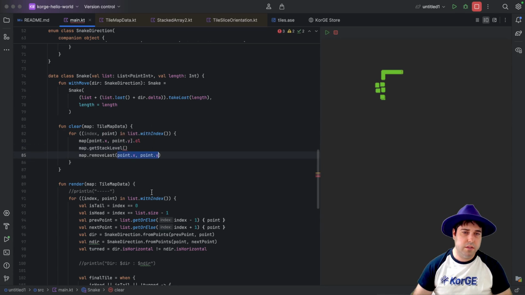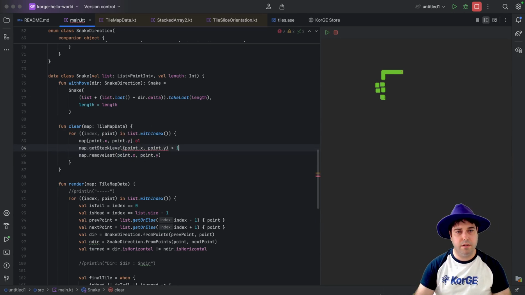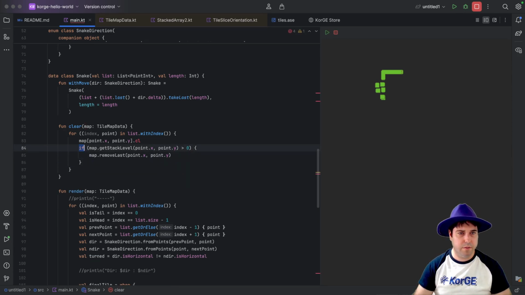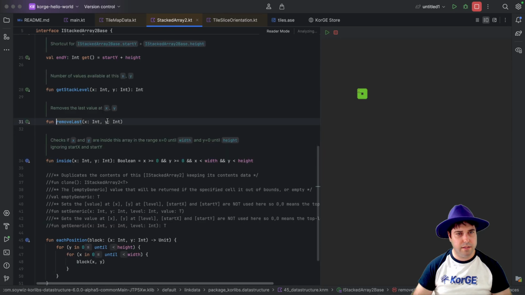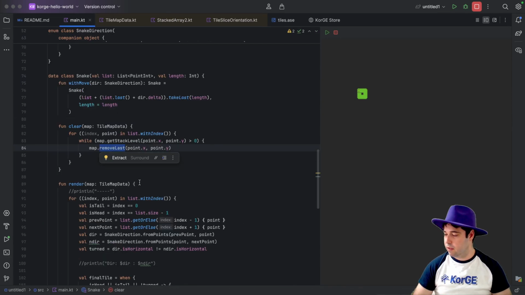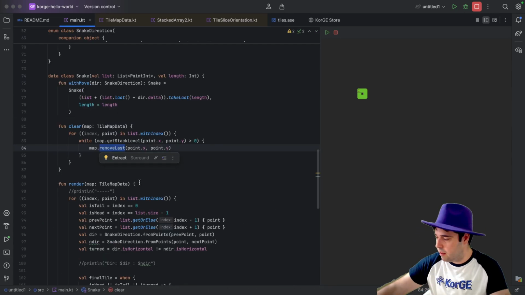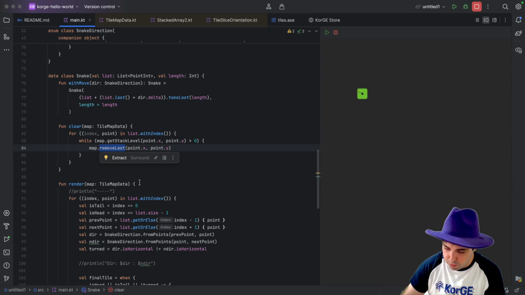So for now, let's use this. While the stack level is greater than 0, we are going to remove the latest tile, but I'm going to annotate to create a remove all or a clear method here,